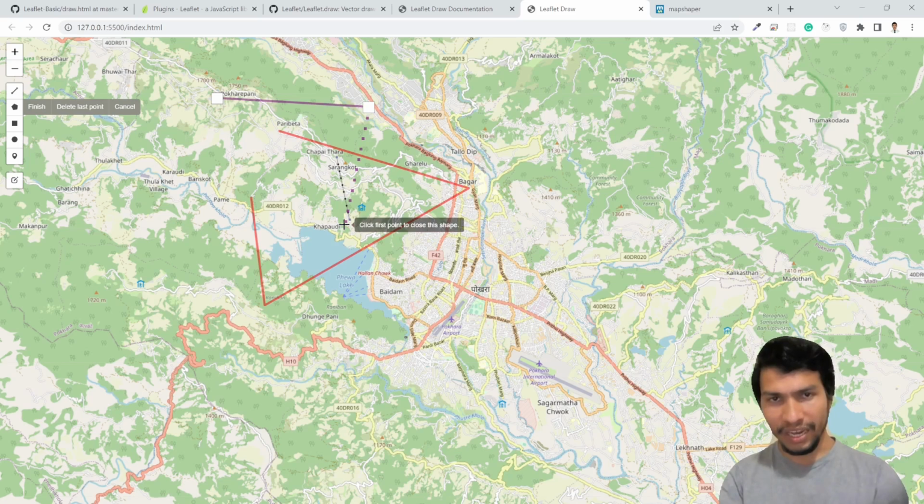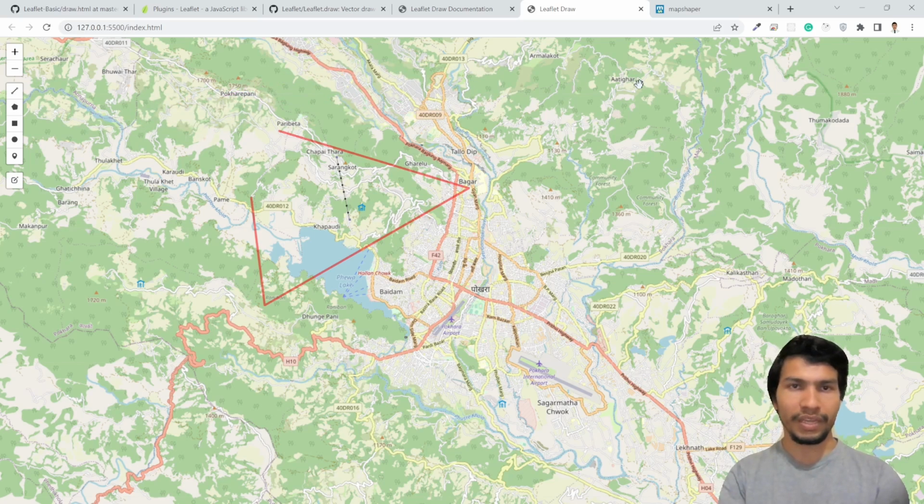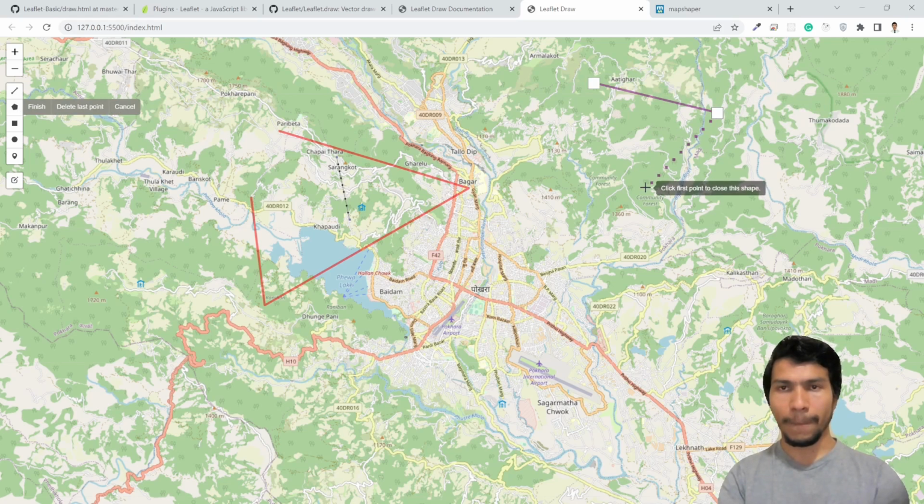It's saying the error, shape edge cannot be cut. So simply I'll select somewhere a point here, maybe here. Oh, okay, maybe I need to delete it and then create it again. So maybe cancel it, and then